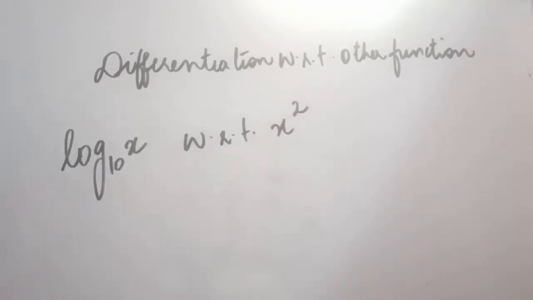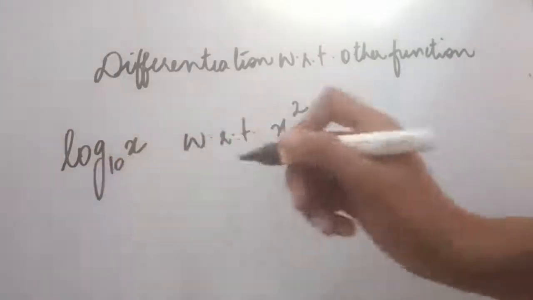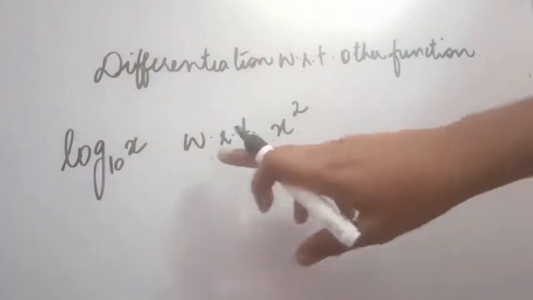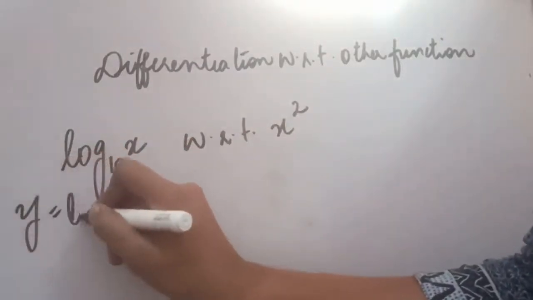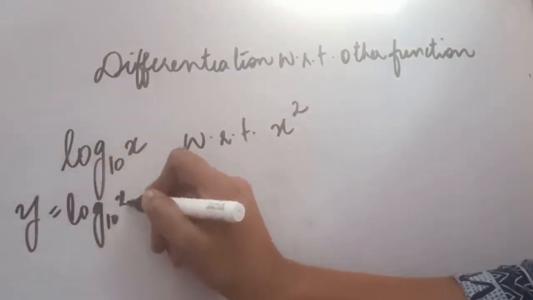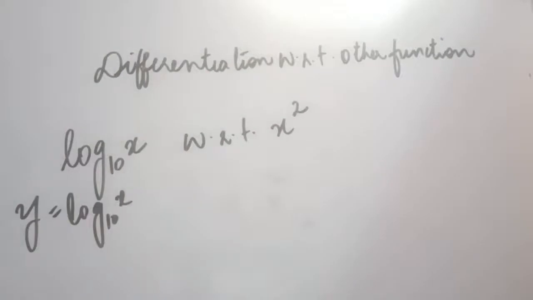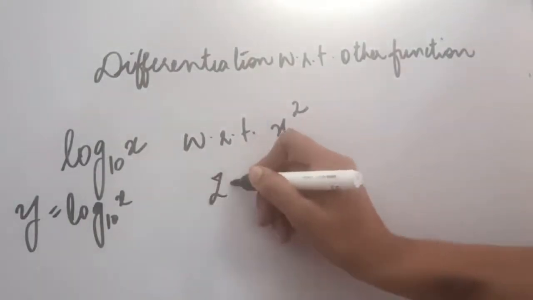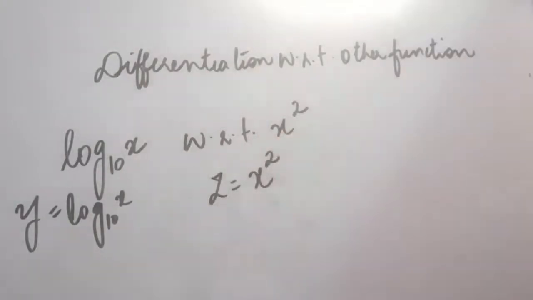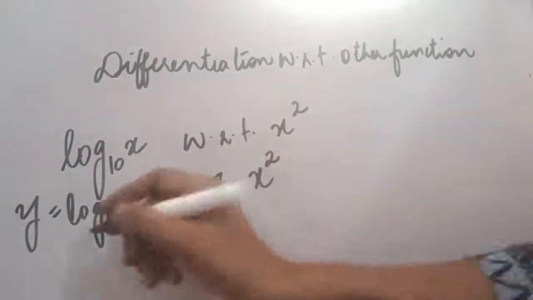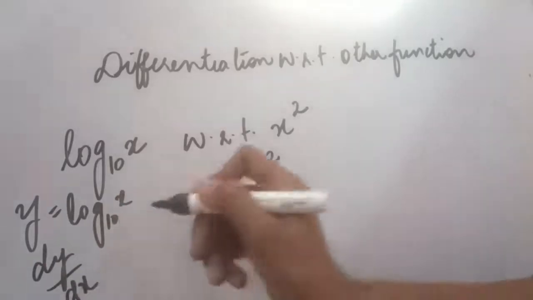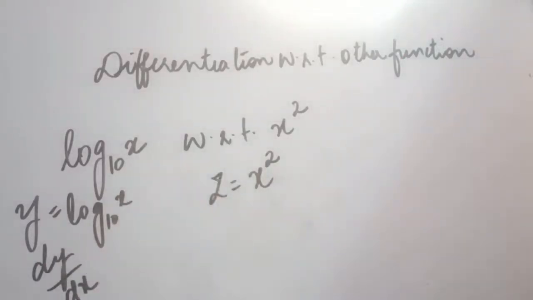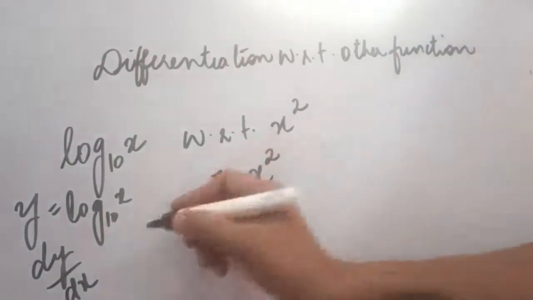Now this is another question which we will do in the same manner. So this differentiation has to be calculated with respect to x square. So this will become our y, that is log 10x. Its base has already been given in the question, log 10x. And here we can assume z is equal to x square. So first of all, let us take this. So we will be taking dy upon dx. So this is how differentiation of the first function will be taken.